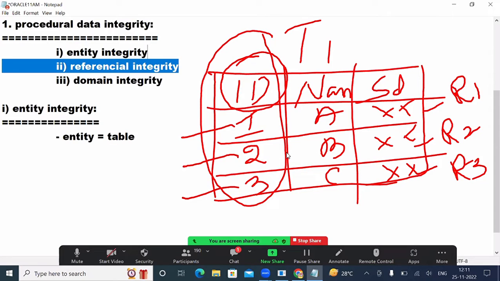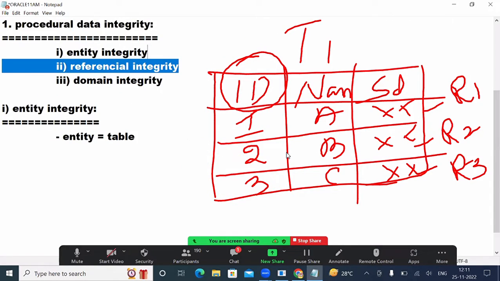No, there are no duplicate values. So this kind of maintenance is called entity integrity. Understand now? This kind of maintenance is called entity integrity. And suppose, for example,